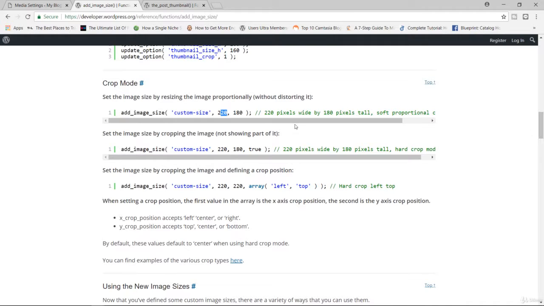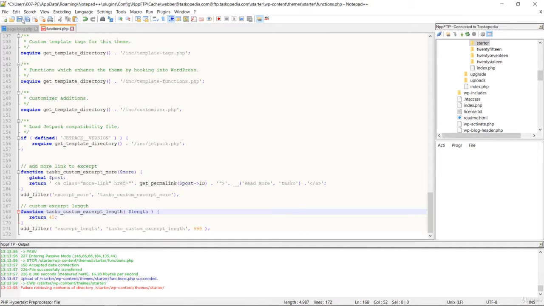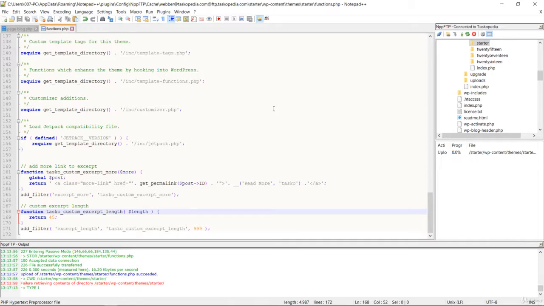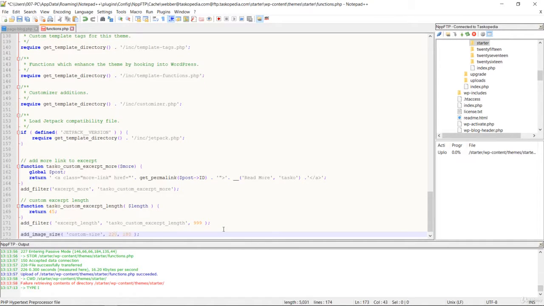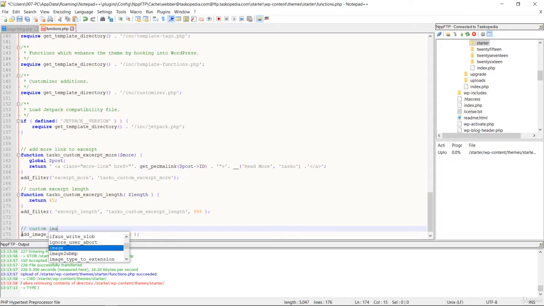So what I'm going to do here very simply, let's just go ahead and copy this. I'm just copying what we have over here. Let's copy this. Go to our Notepad. And let me reestablish my connection to my server. All right. What I'm going to do is down here, I'm just going to paste that. And let me add some text to indicate what this is. This is going to be the custom image